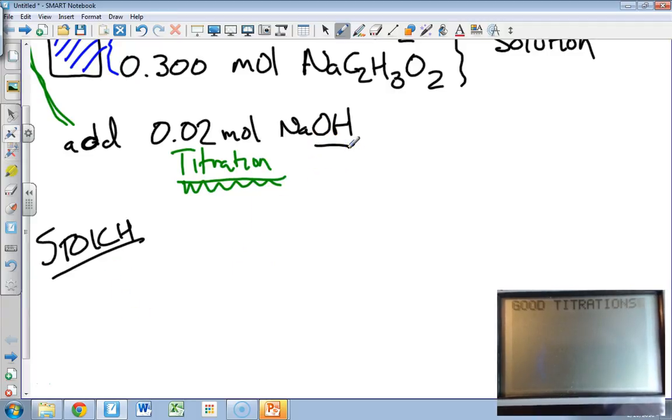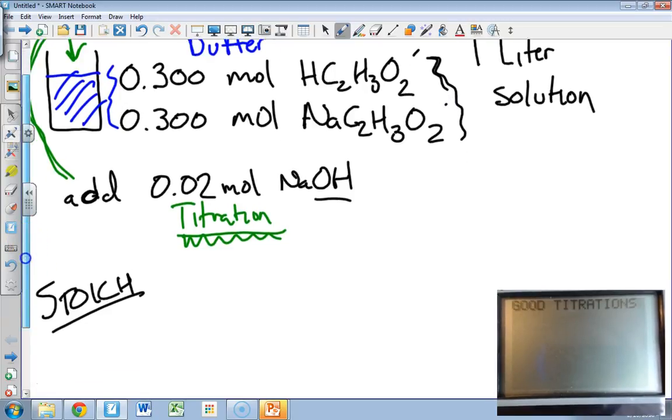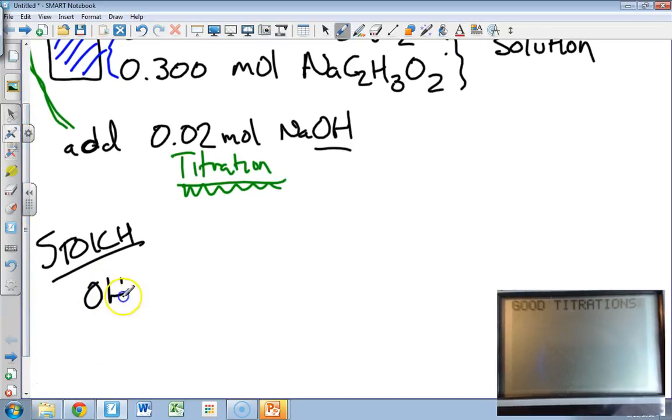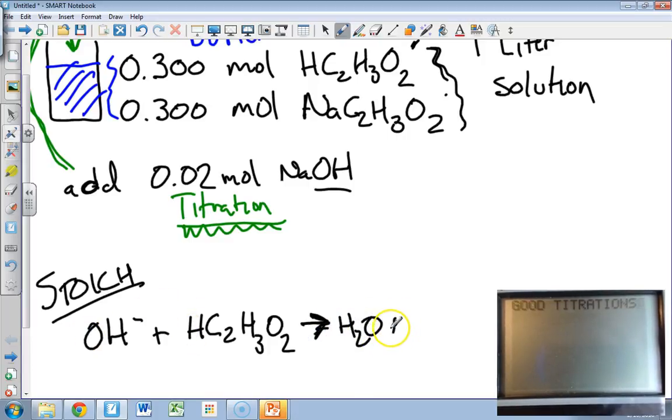Bases will always react with acids. So of these 2 things, which one is the acid? We know that we have hydroxide, but now we need the acid. Well, this is the Bronsted-Lowry acid. This is its conjugate base. So the thing that it must react with is this, HC2H3O2. And that happens to be a 1-sided reaction to get H2O, because this donates to there, plus